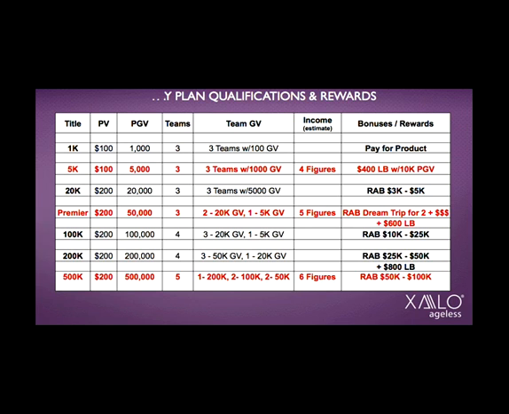But of course, we have to purchase also 100 points in products to be eligible to receive the commissions, and the average 1K makes enough on their commission check to even pay for the product that they're purchasing. The next position is called 5K, and this is a very exciting position. It's what I try to focus people on their first 90 days. 5K has 100 points personal and 5,000 points in total team volume, their personal group volume. They've sponsored at least 3 people that have 1,000 points on their own individual team.